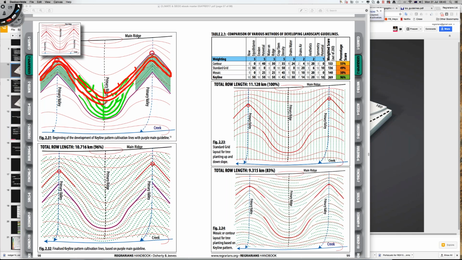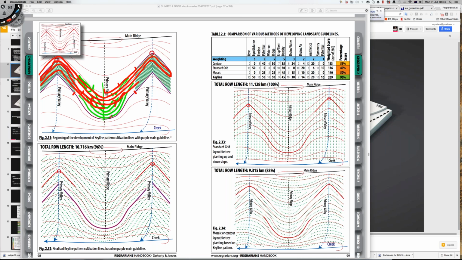Then we come along here, and you can already see that the mischief is starting to occur, right? So this point here, right here, is lower than this point here. So already, just after a couple of passes, we've already got dehydration going on, right? And that will continue as we go with each pass. So that's why Yeomans said what you need to